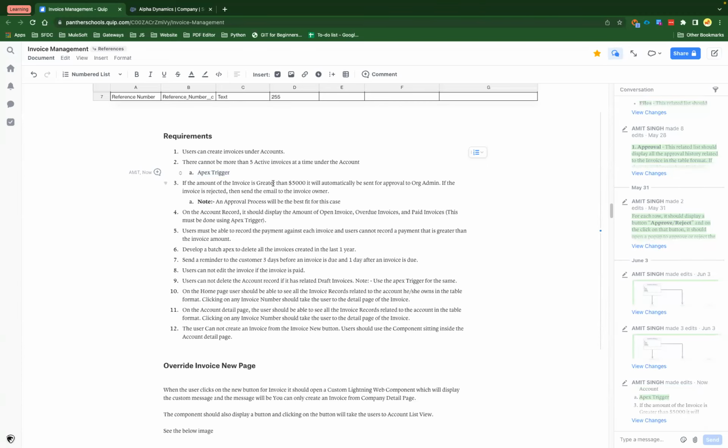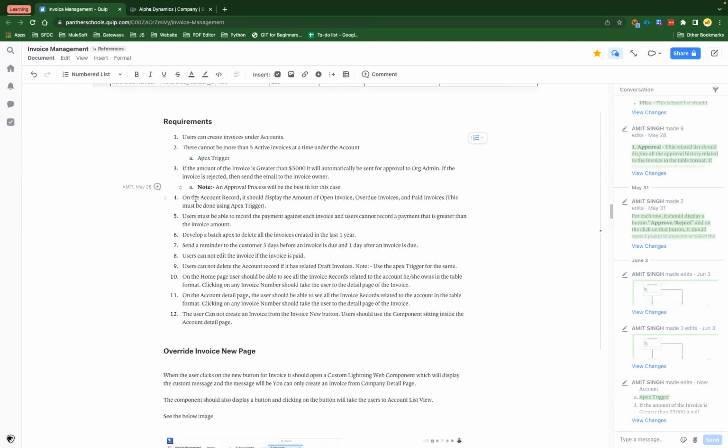If the amount of the invoice is greater than $5,000, it will automatically be sent for approval to the org admin. And if the invoice is rejected, then send an email to the invoice owner. And similarly, if the invoice is approved, send the invoice to the invoice owner. And here you have to use an approval process. Now, if you see here, the project covers the concept of Apex triggers, and the concept of admin, where you have to create the approval process. Then